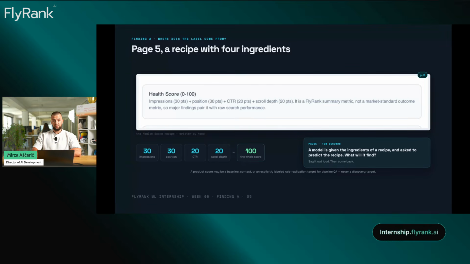Now, remember that recipe. At page 27, we use it. The paper uses an ML model called a random forest, and it asks, what helps us guess this health score? The list of things it looks at includes the 4 parts that make the score. So stop the video for 10 seconds and think about this. If an ML model is given all the parts of the recipe and asked to guess the recipe, what will it find? Say it loud and come back after 10 seconds.